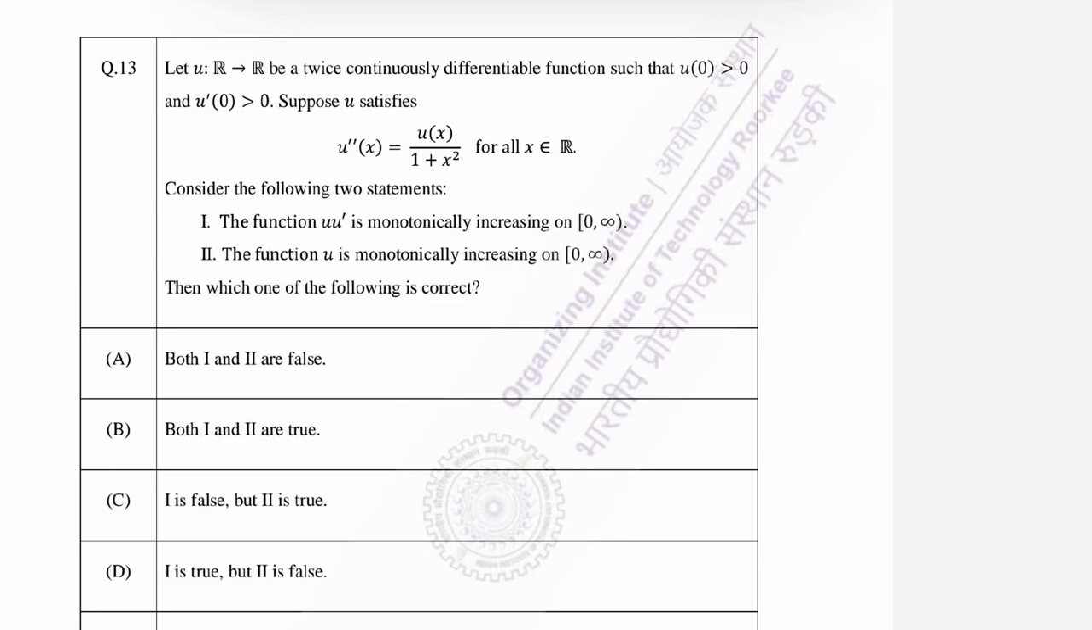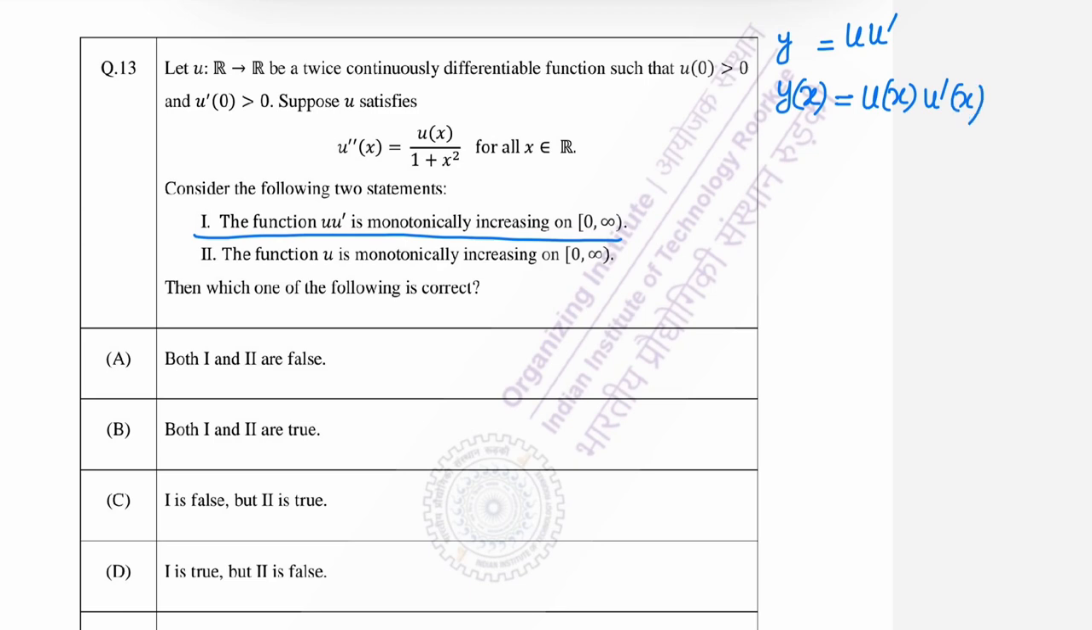Let us check the first statement first. Here is the first statement. So here we have u dash. Okay, let it be y, and you see u is a function of x. You see here u is a function of x, so y can be written as y(x) equal to u(x)